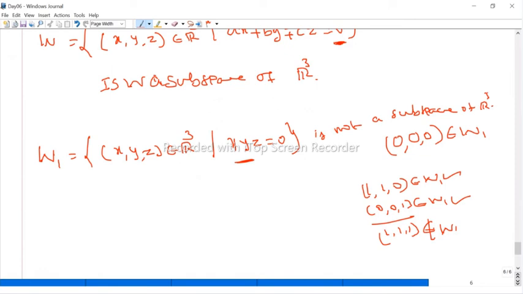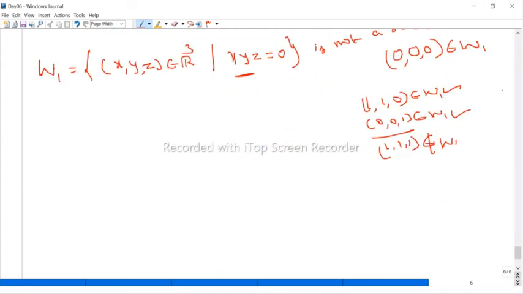So first condition, we have to check whether 0 is there or not. If 0 is not there, you can easily say it's not a subspace. If 0 is there, next we have to check if we take two arbitrary elements, or some particular elements, the sum should be there. Again, if the sum is there, next we have to check scalar multiplication. If we take some scalar alpha and then take some element from the set, the scalar multiplication should also be in the set, which means this is a subspace. This is a 3-step process. First, check whether 0 is there or not. After that, take the addition: if you take two elements, the addition should be there, and then scalar multiplication should be there.